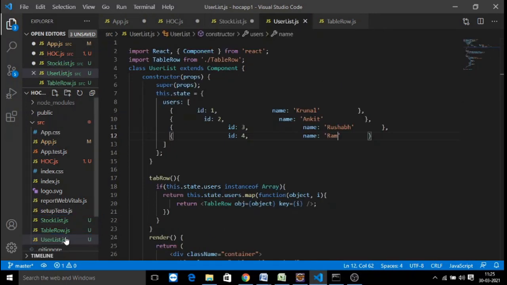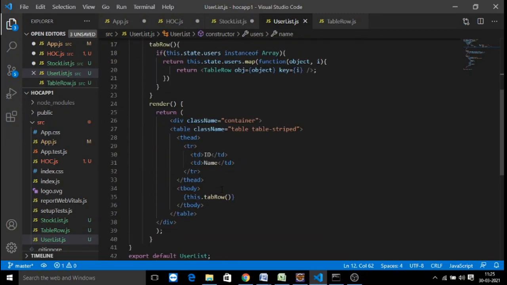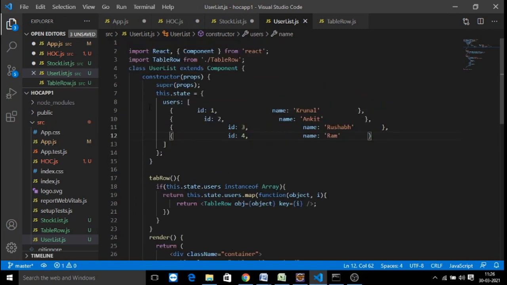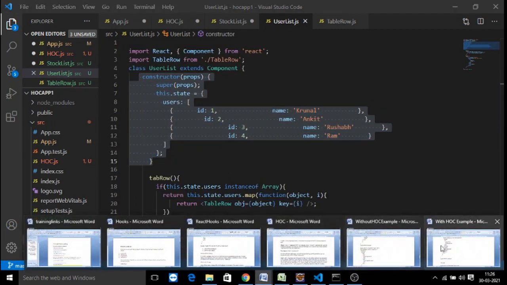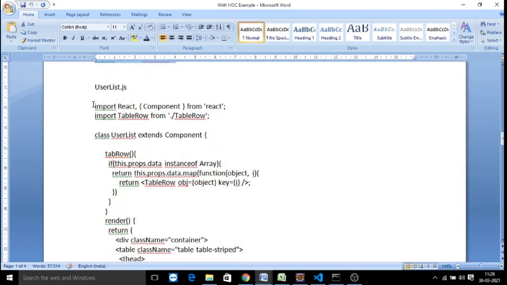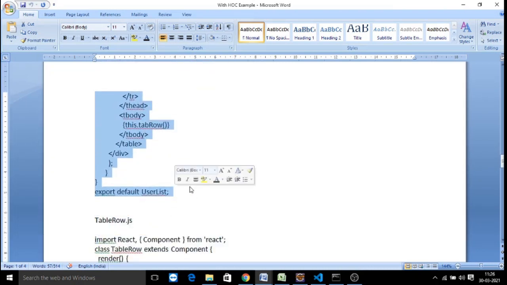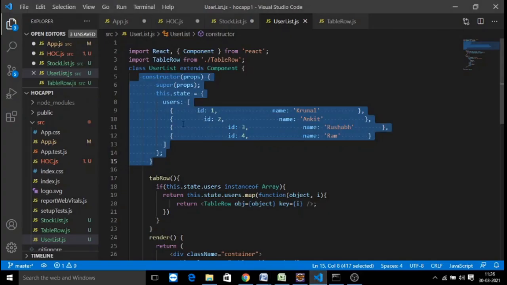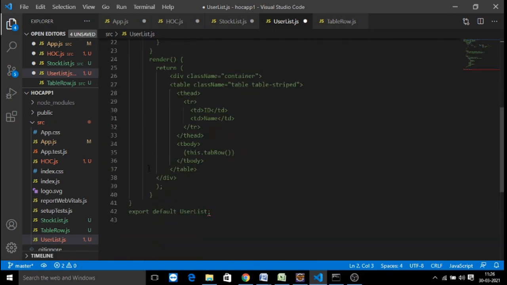Similarly, the user list. You will not have local data here. You will have a table row and the table data rendering, everything is the same, but you will not have any kind of data here. So that is your user list component. To avoid typical mistakes, I am just replacing it.